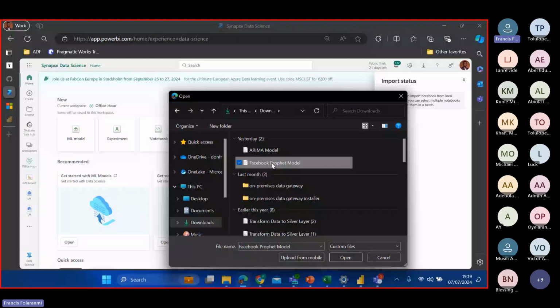Okay, let me just close this pane, then I'll click on import again. Okay, it's still loading up. Once that is loaded, I can do my data science workload within that notebook. It shouldn't take this long. So let me just reload the page. I don't want to stop sharing my screen.